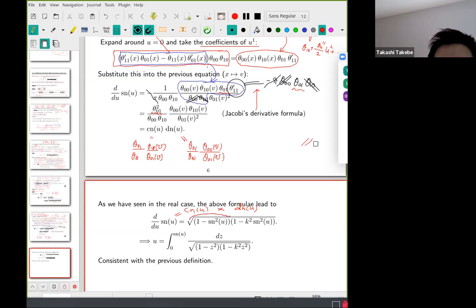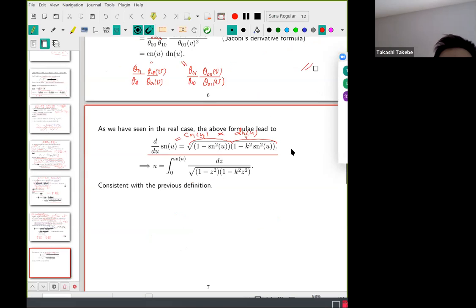And Cn is the square root of 1 minus Sn squared. Tn is the square root of this. So we have such a differential equation for Sn. And by this we have